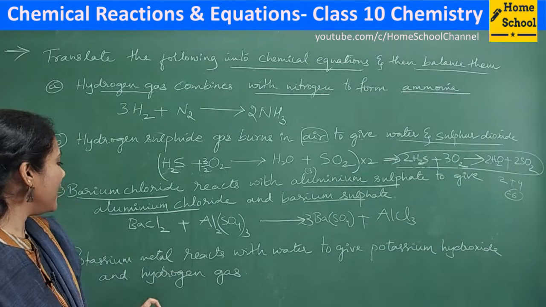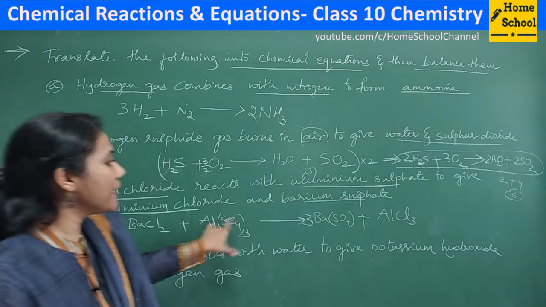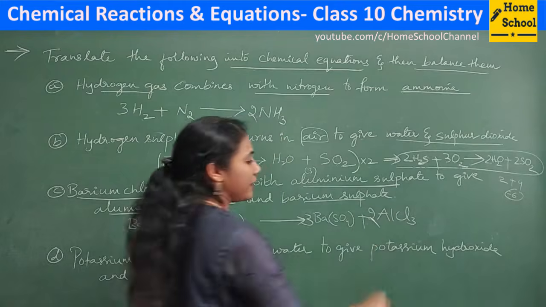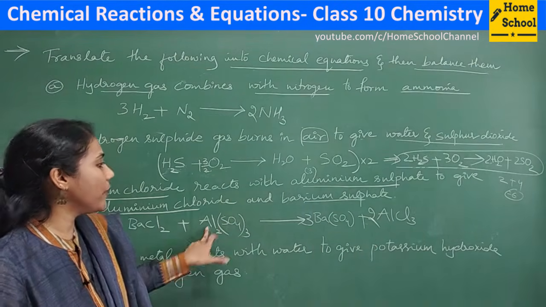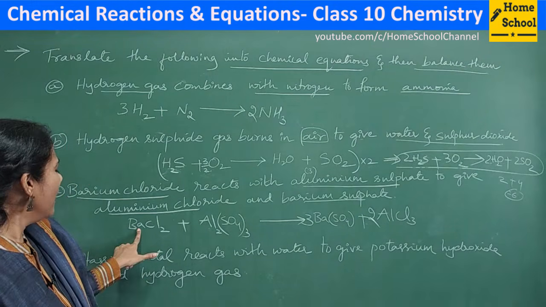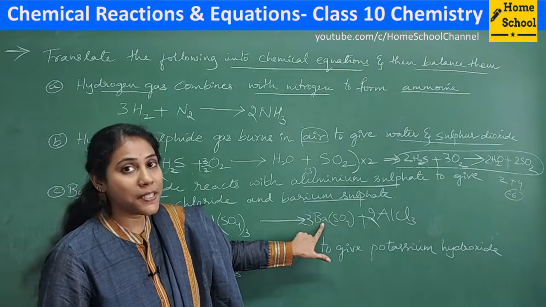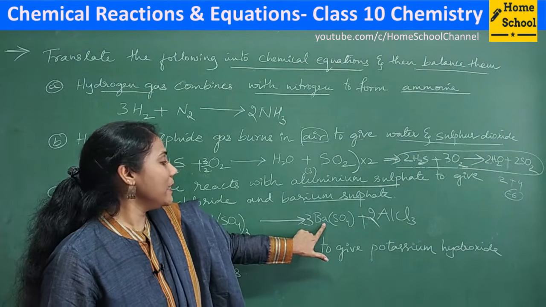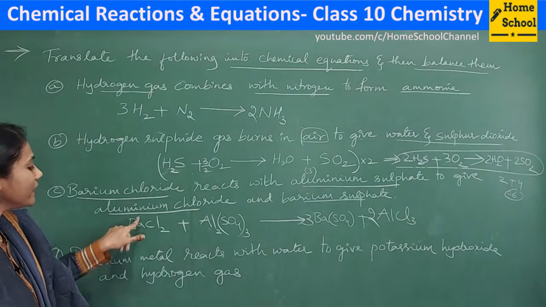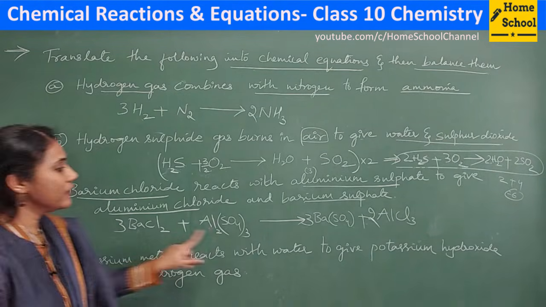Now which element will you balance? Select aluminium. Here 2 aluminiums are there, and here 1 aluminium is there. So how do you make it 2? You will put 2 here. Right, aluminiums are balanced. Now balance barium. How many bariums in the reactant side? 1. How many bariums in the product side? This 3 belongs to barium also, so 3 bariums are there in the product side and 1 barium in the reactant side. So how do you make this 1 barium 3? You will put 3 here. Now 3 bariums, 3 bariums.